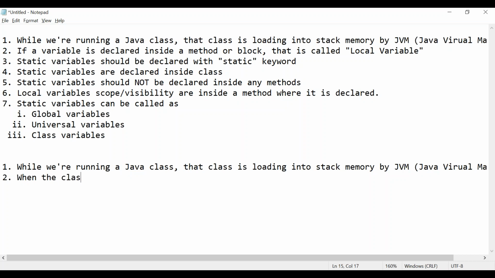When the class is loaded into stack memory, all the static variables are loaded into stack memory. This is the second point: all the static variables are loaded into stack memory.